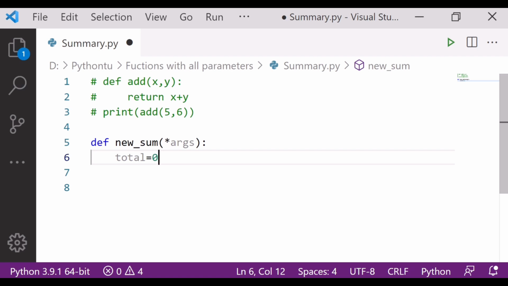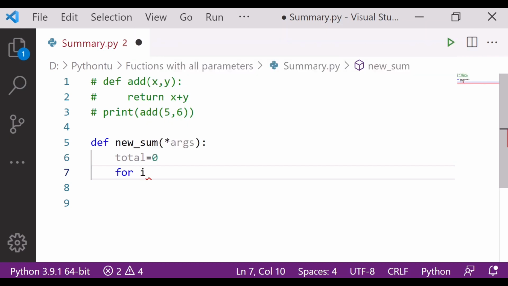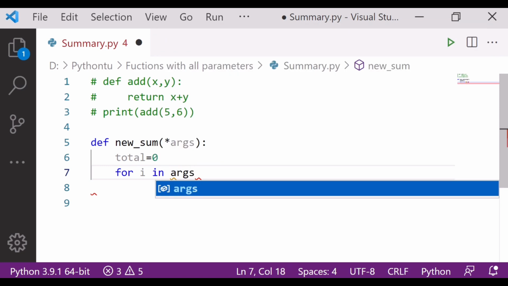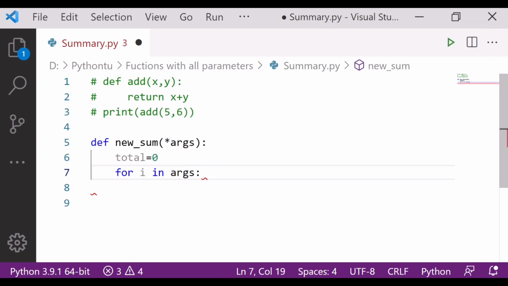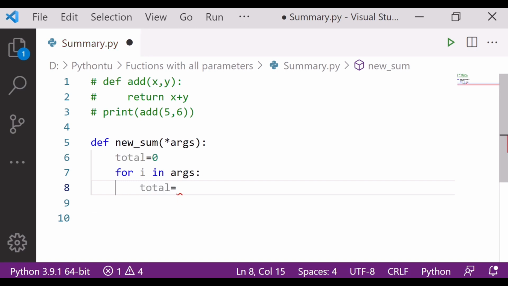After that I run a for loop, for i in args, then total plus equal to i, or you can say number.